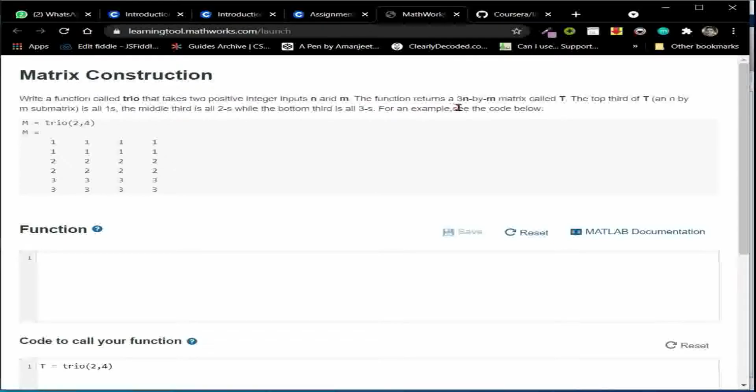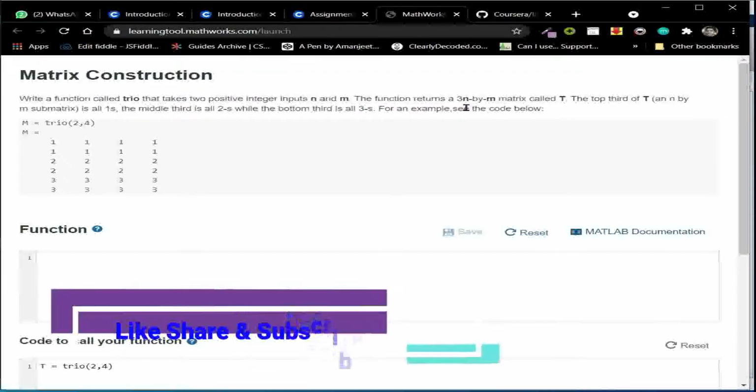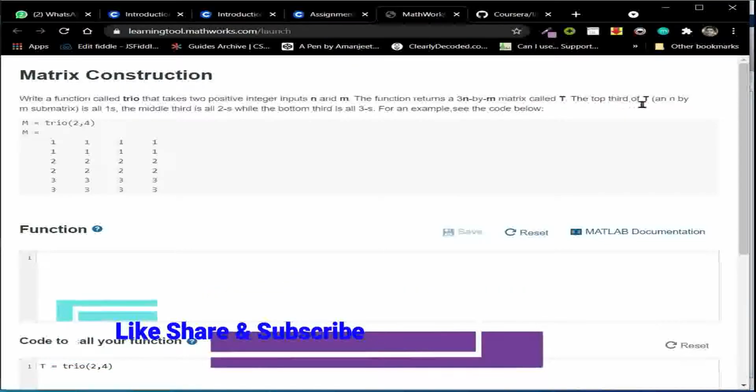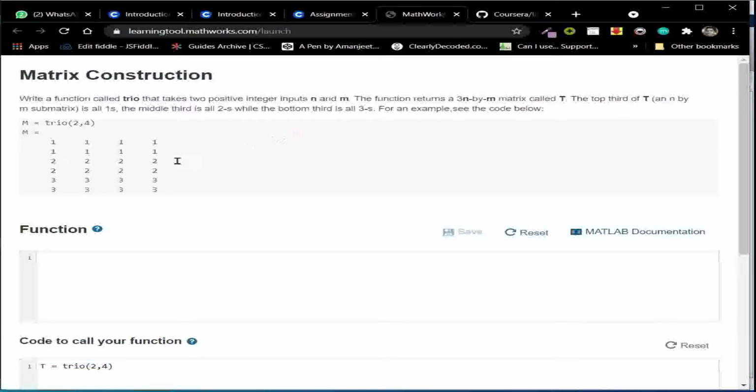The function returns a 3n by m matrix called T. The top third of T is an n by m matrix of all 1s, the middle is 2s, while the bottom is 3s. For an example, see the code below. If you have 2 by 4, then it is this type of matrix of 1s, 2s and 3s.